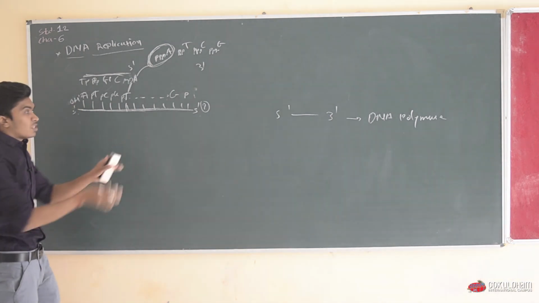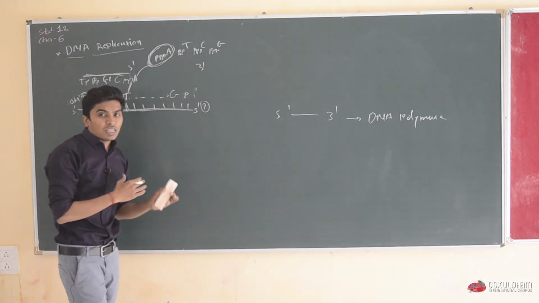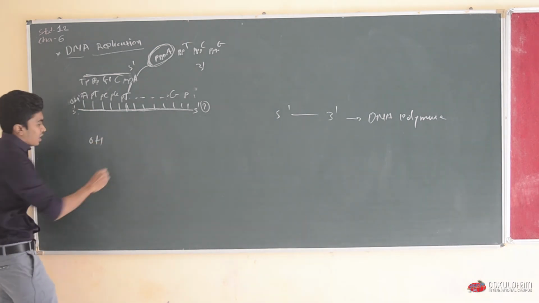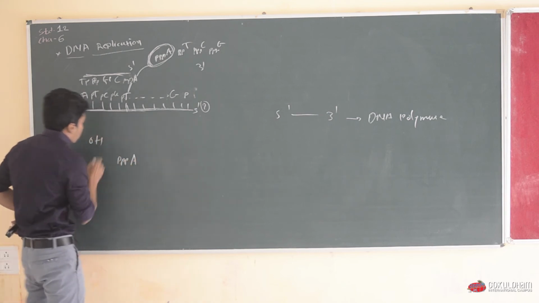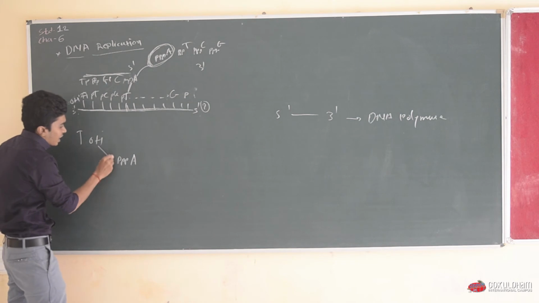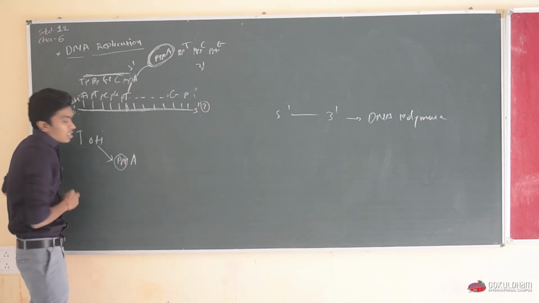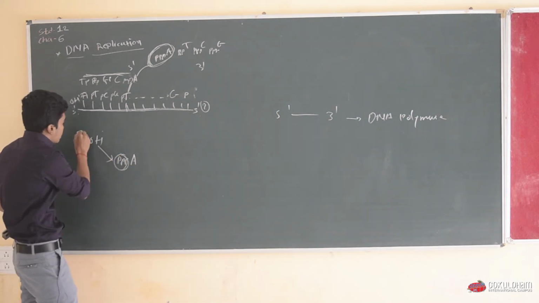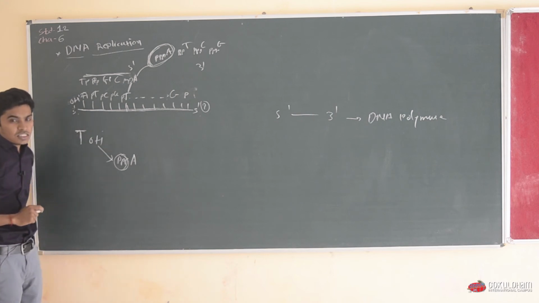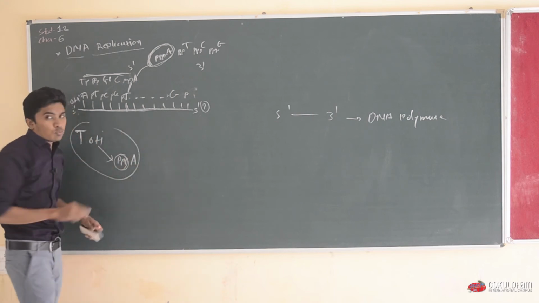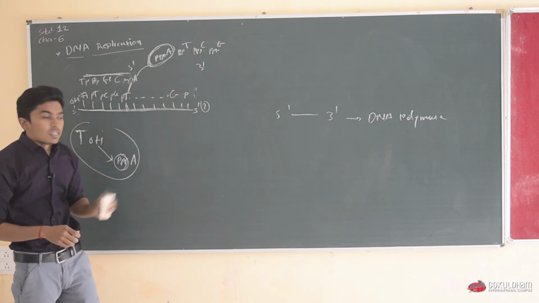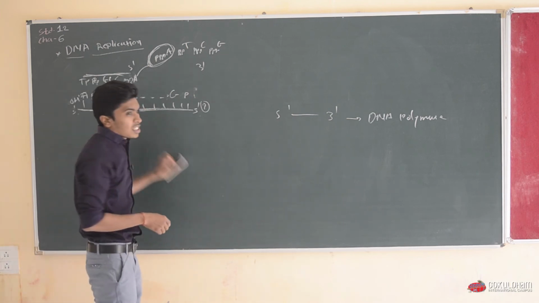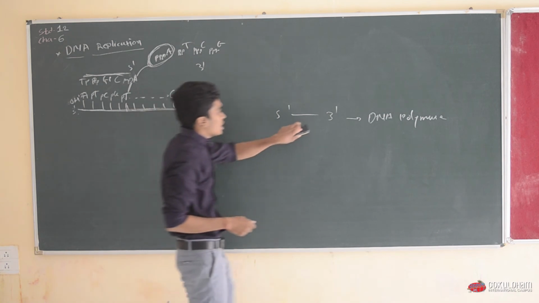If it were to grow from the 3' end to the 5' end, what would happen? Here it comes up with a hydroxyl group, and here phosphate A, it is a phosphate T. What will happen when this hydroxyl binds here? It will hydrolyze the phosphate group. As a result, this hydroxyl group doesn't have energy, so it doesn't make any sense to provide the energy of new nucleotides from the strand. So it indicates that life is smart and it doesn't go this way, it goes this way.